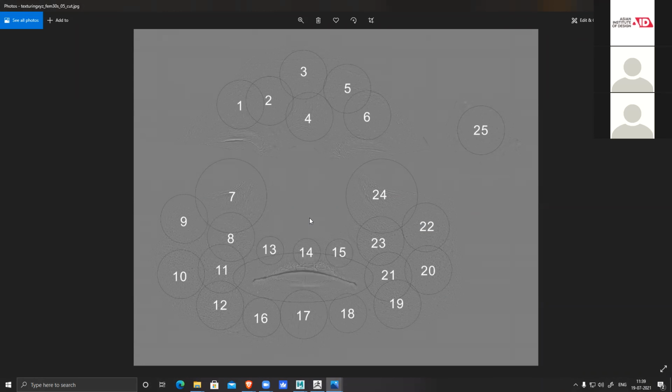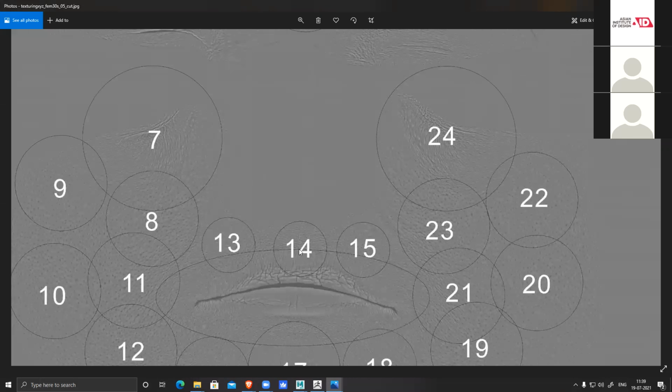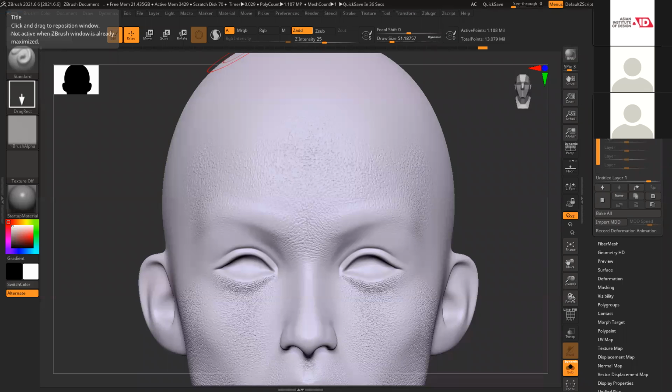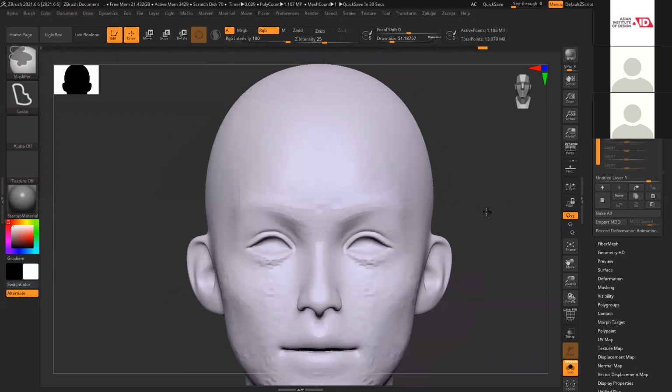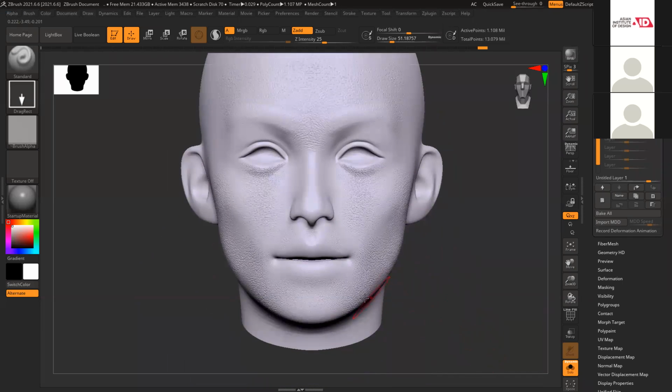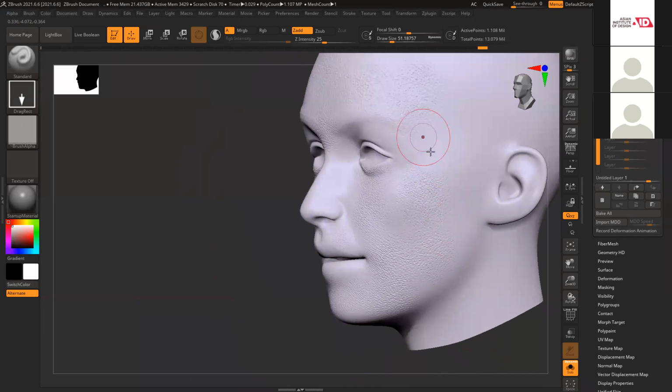If you zoom into this, you can see the density and the flow is different everywhere. So that's why I'm using those alphas for those regions only. Okay, so now you can see my basic detailing is almost ready.